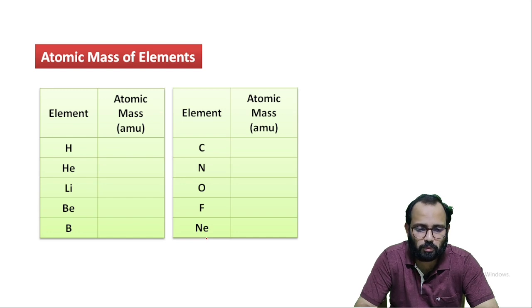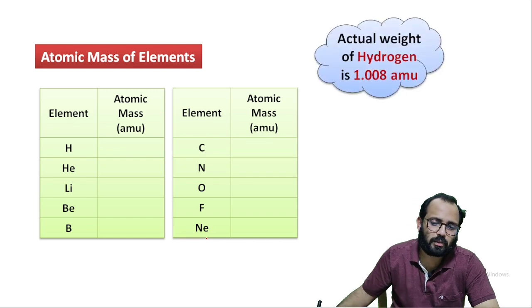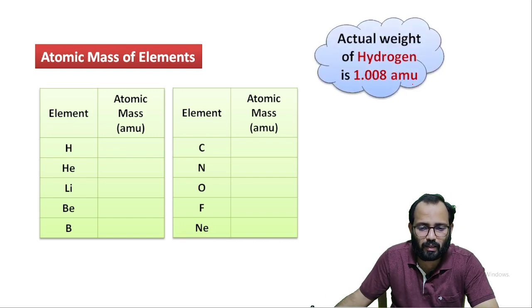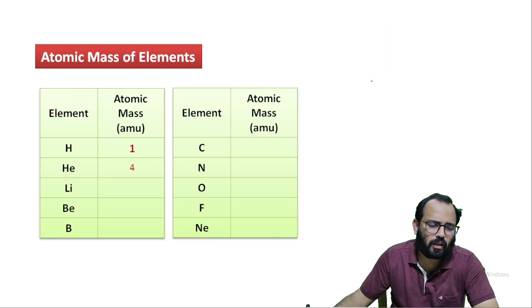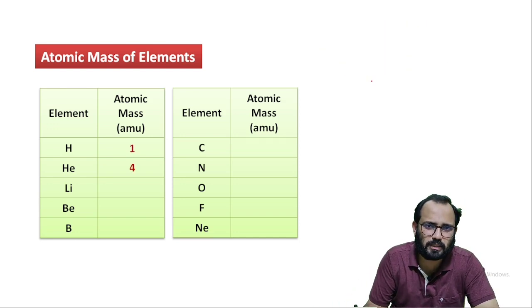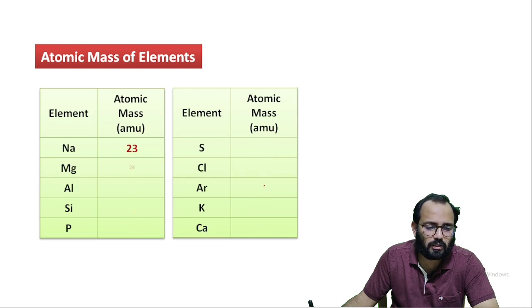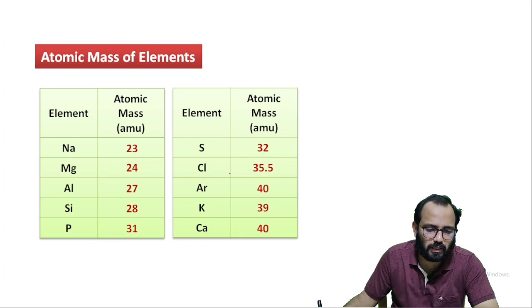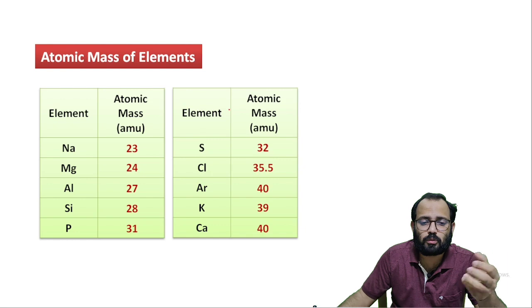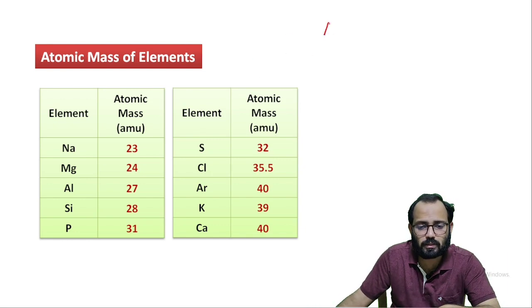Let's discuss a few elements and their atomic masses in AMU. Hydrogen's actual weight is 1.008 AMU, but we are considering it as 1. Like that, all of them have some decimal values, but those decimal values can be neglected. Helium 4, lithium 7, beryllium 9, boron 11, carbon 12, nitrogen 14, oxygen 16, fluorine 19, neon 20, and it will go on like this, at least till calcium. Some elements have many isotopes, so the mass we have referred to here is the